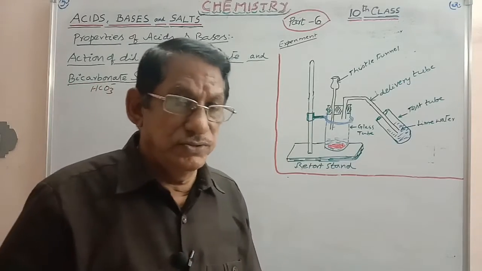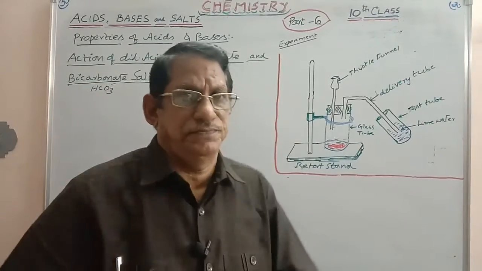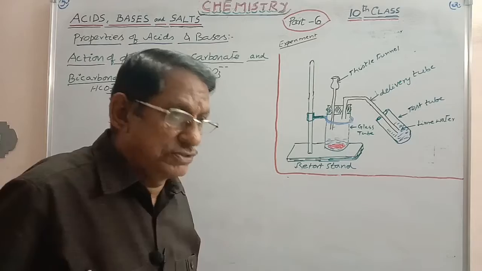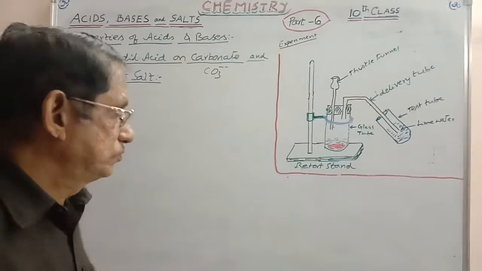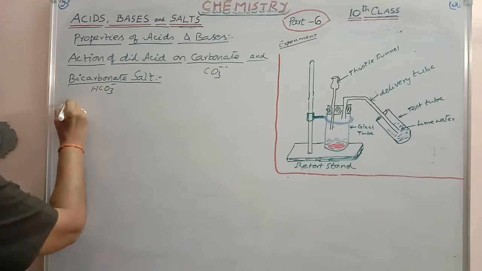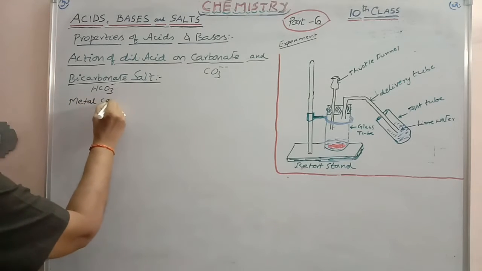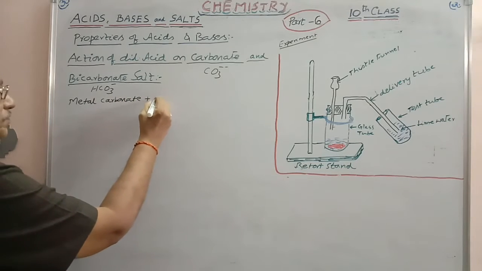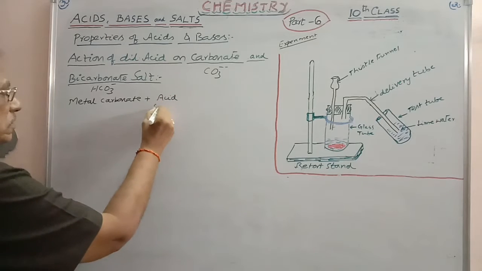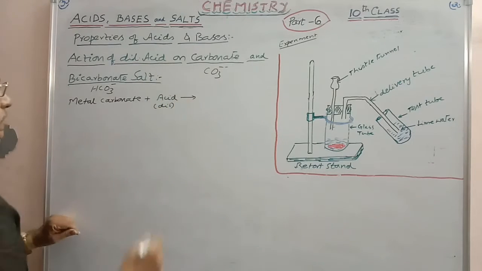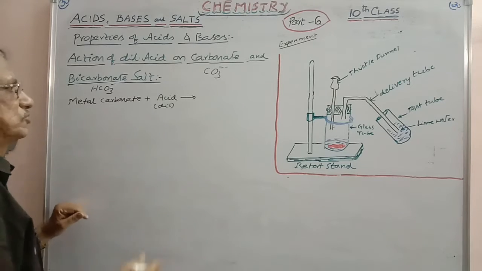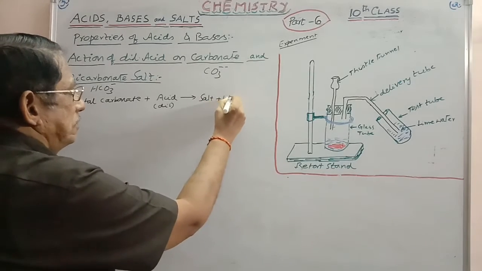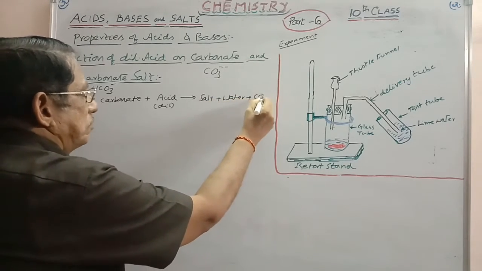That is a physical test, of course. But you have to recognize the carbon dioxide gas by chemical test. So here, we have to do the experiment and show the formation of carbon dioxide with the proof. This is the diagram. Here we can take first of all metal carbonate, plus HCl, dilute acid, you will get here salt plus water plus carbon dioxide.